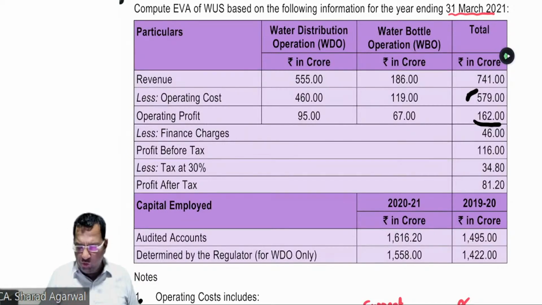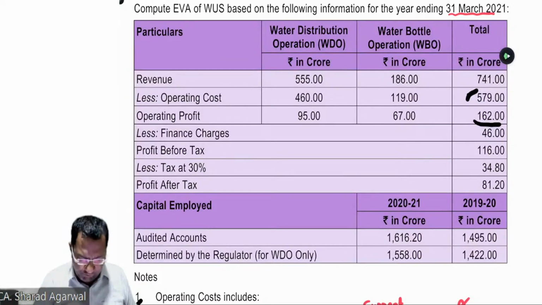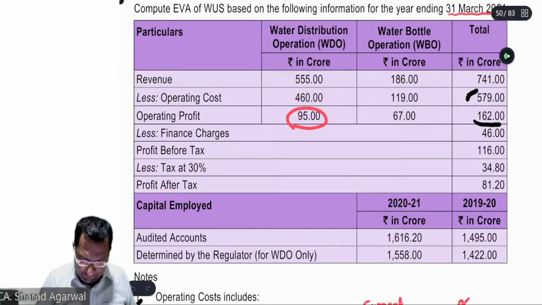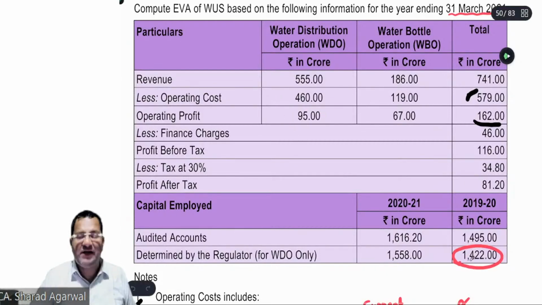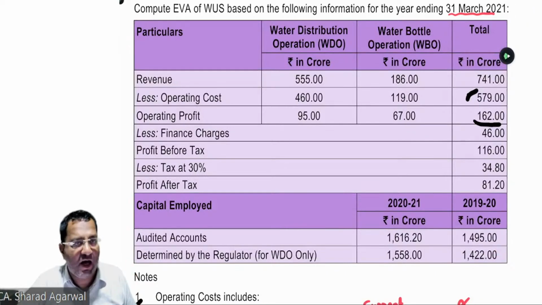We are going for the opening capital. Even in case you can go for the closing capital also, okay, it will also be correct because nothing is mentioned in the question regarding whether we have to take the opening or closing whenever we are computing the ROC. So 95 crore divided by 1422, that will give you the ROC that is well within the acceptable ROC of